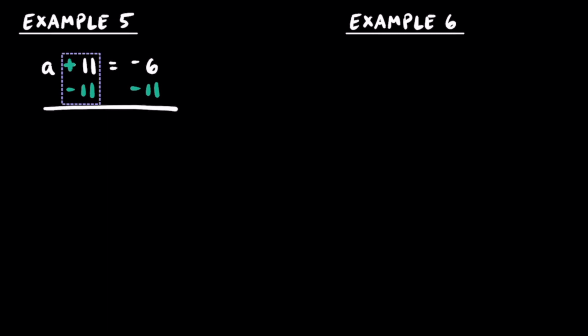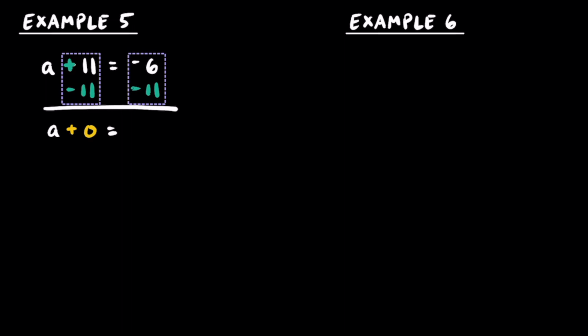For example 5, let's go ahead and solve the equation a plus 11 is equal to negative 6. To solve for the unknown variable a, we need to take a look at this plus 11 and know that we have to subtract 11 from both sides of this equation. By specifically subtracting 11 from both sides of the equation, we can simplify the left side of the equation to